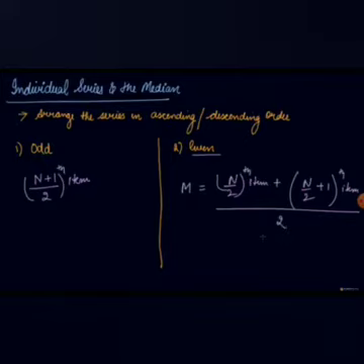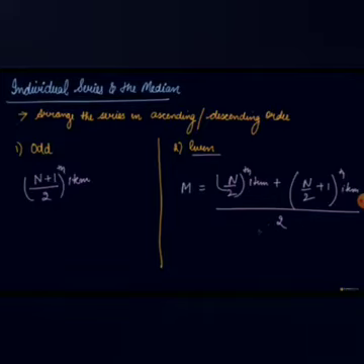So in this case, let's suppose you are given 8 items. First you will find n by 2, which means 8 by 2 is 4. So you will find the 4th item in the series. Then n divided by 2 plus 1, that is 4 plus 1, the 5th item, you will see in the series. So you will take the 4th and the 5th item, add them and divide by 2, and you will get your median.